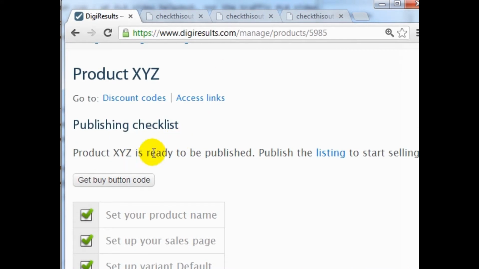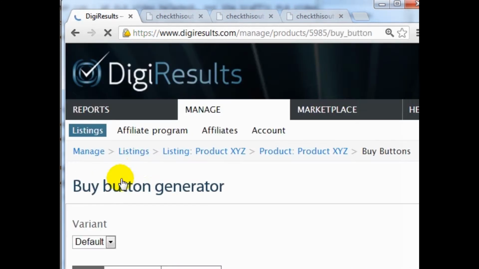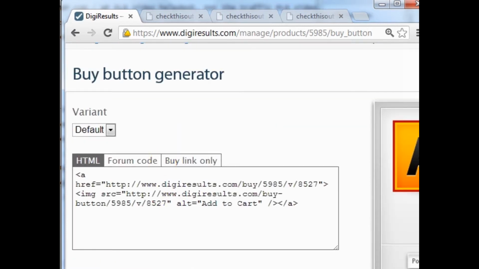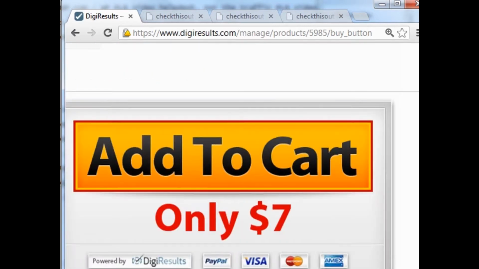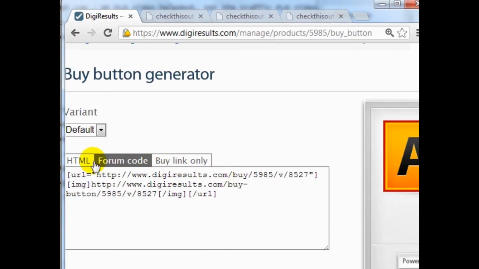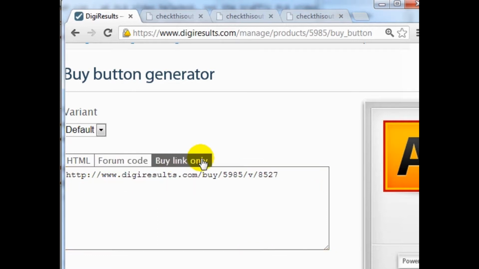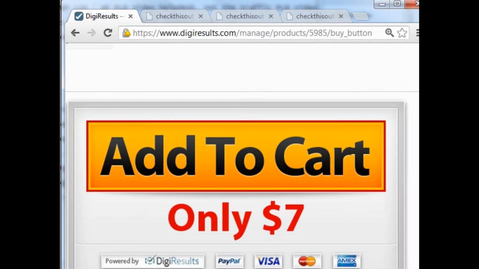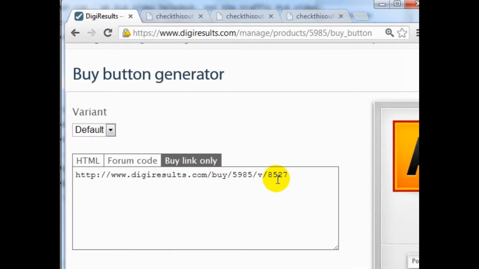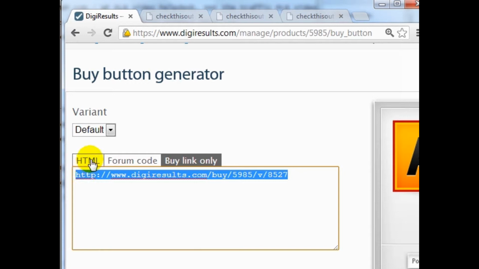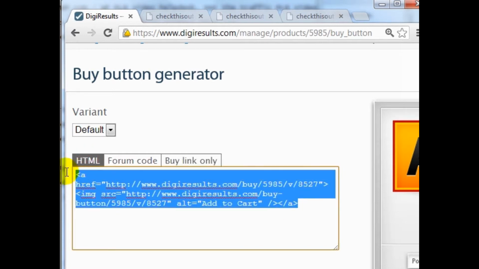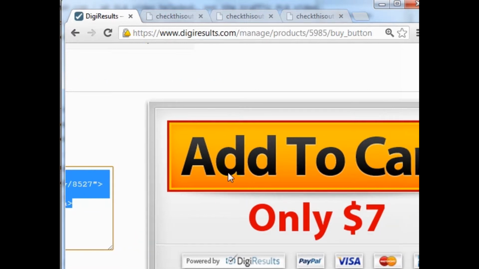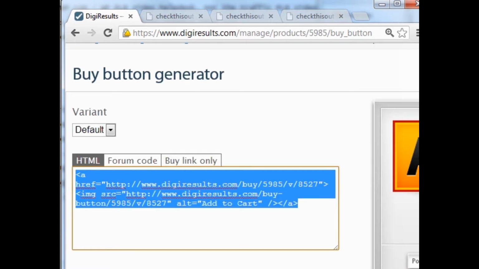And if I go back to this page here, click on Get Buy button code, there are several different options here. You can either get the buy button code here, and as you can see, it has the price listed here, the forum code for forums, or if you want the link only and use your own buy button, you can actually get the link here. So let's say, for example, that I want to just copy the buy button code here, and I like this buy button and I want to use it on my sales page. In this case, I'm going to copy this here, go back here,